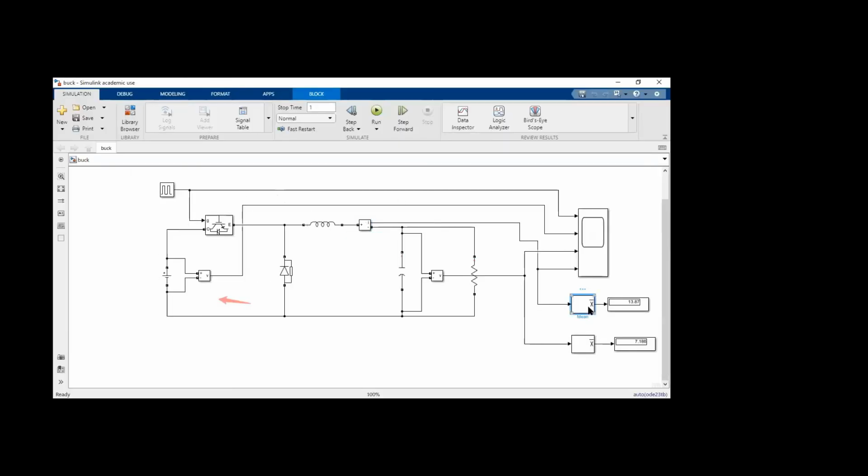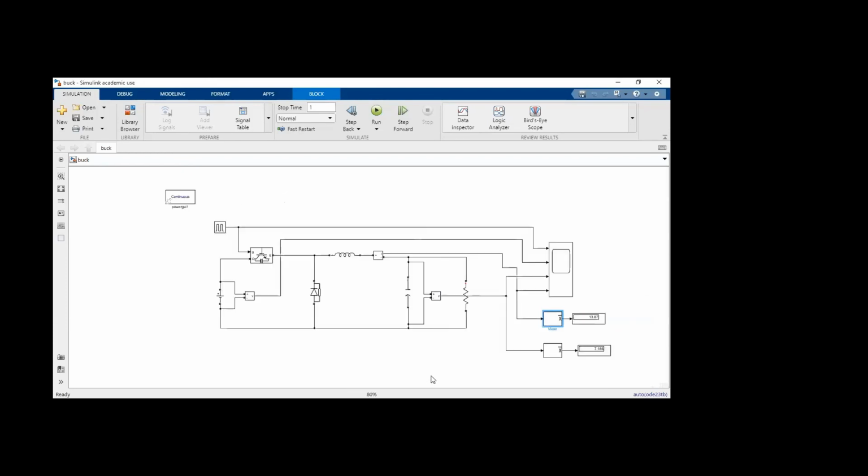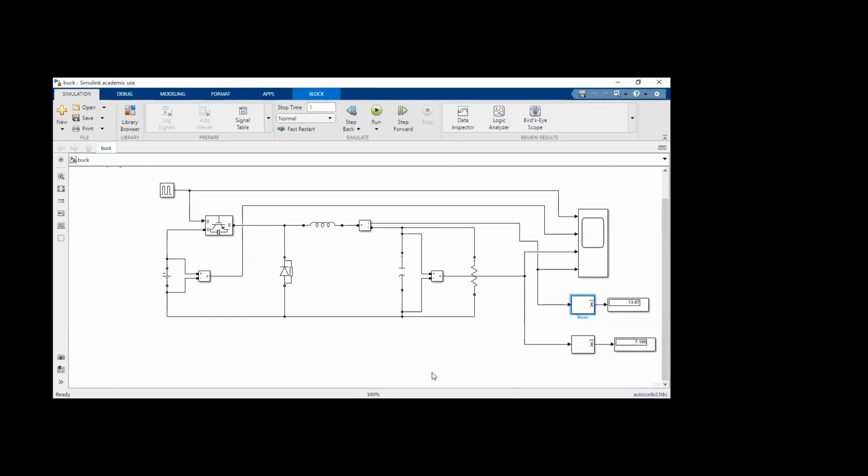And here I have extra considered a mean block. So I have taken the current source, and with the mean block I have calculated the current, how much, 13.87. So when you see here also, I got 13.87. So if you see clearly, these are the things. So is it okay, buck converter?